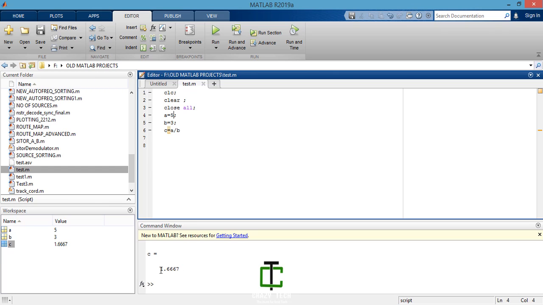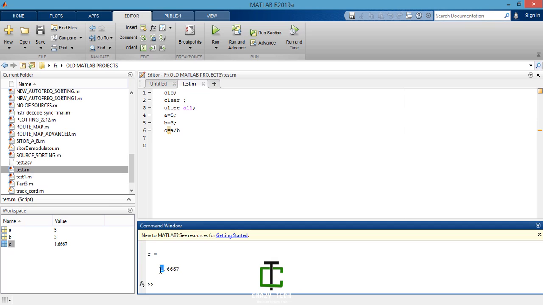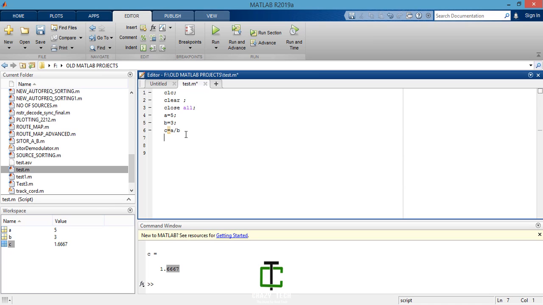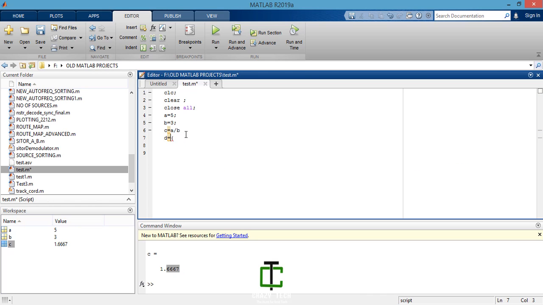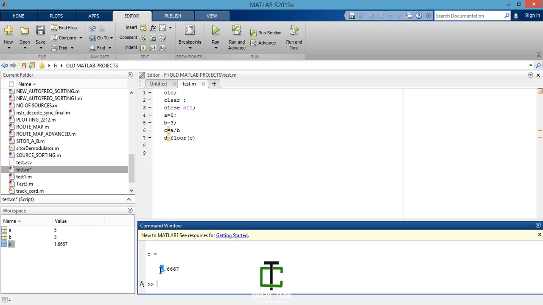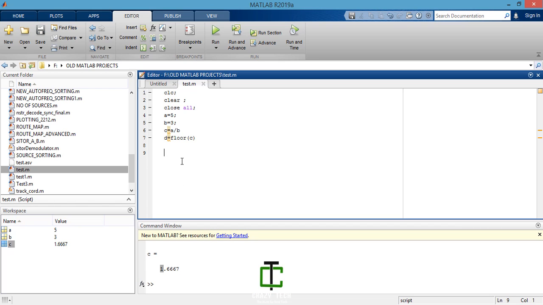Now let's say I just need 1. I don't want this fractional value. There is a function called ceil, meaning ceiling. Sorry, it's floor. Floor of C will give you only 1, the previous integer value.